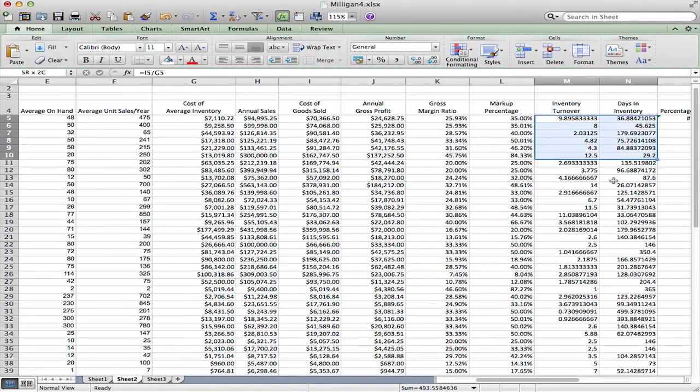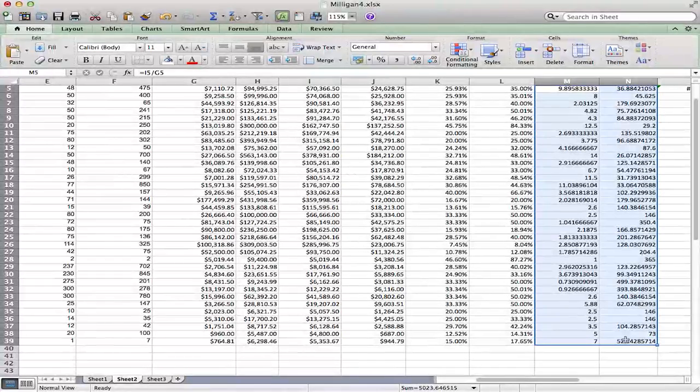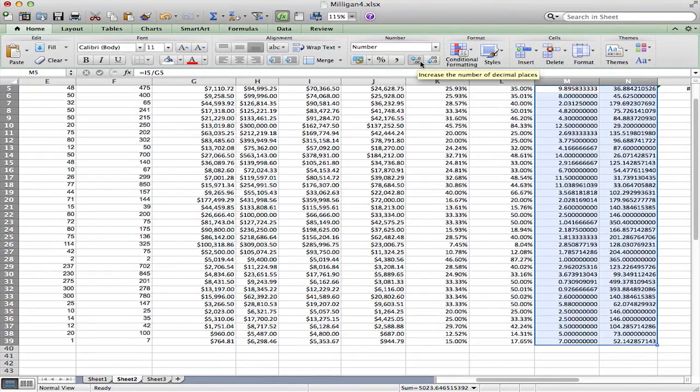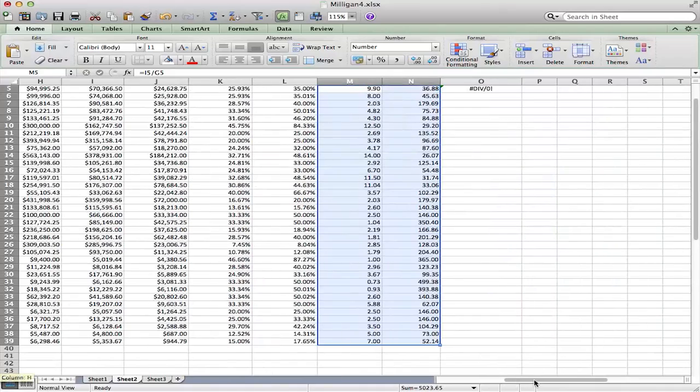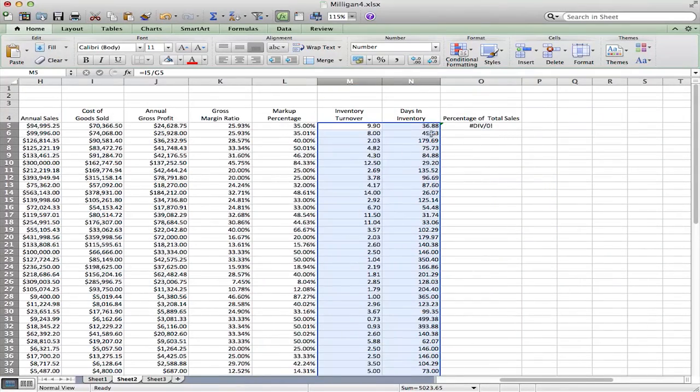Inventory turnover, I think I want these to just have 2 decimal places. And then